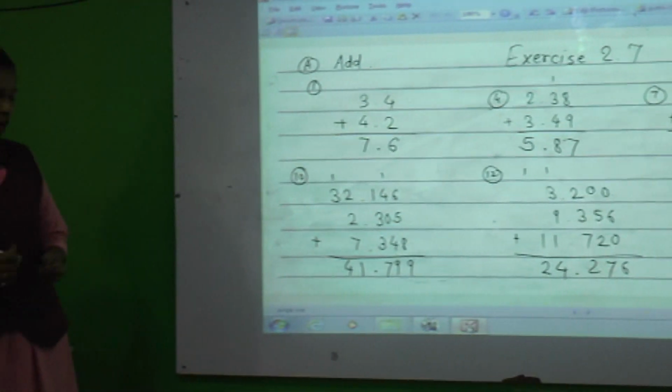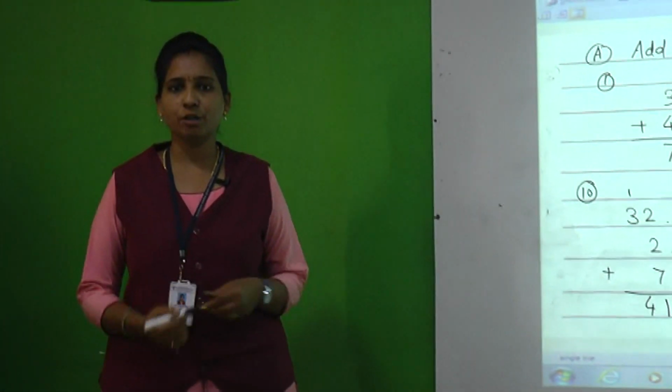Now the remaining examples you are going to solve on your own. This question you can solve in the textbook itself, but with a pencil. Now B question also add, you just try on your own in the rough book, and in the next episode you cross check your answers along with me.